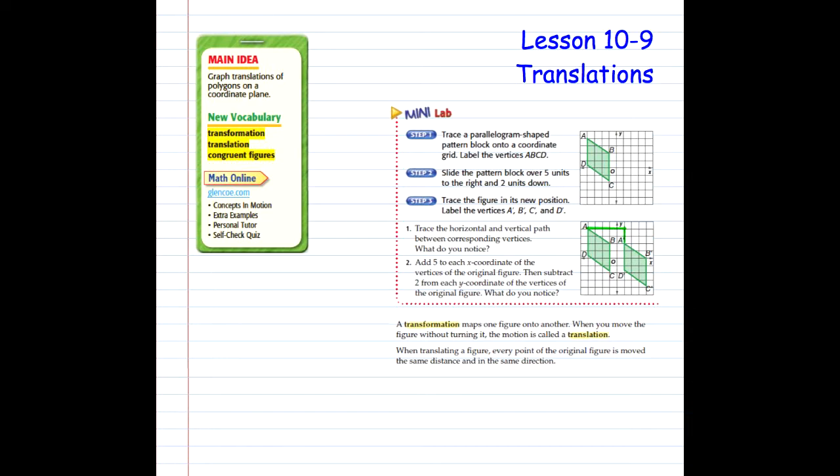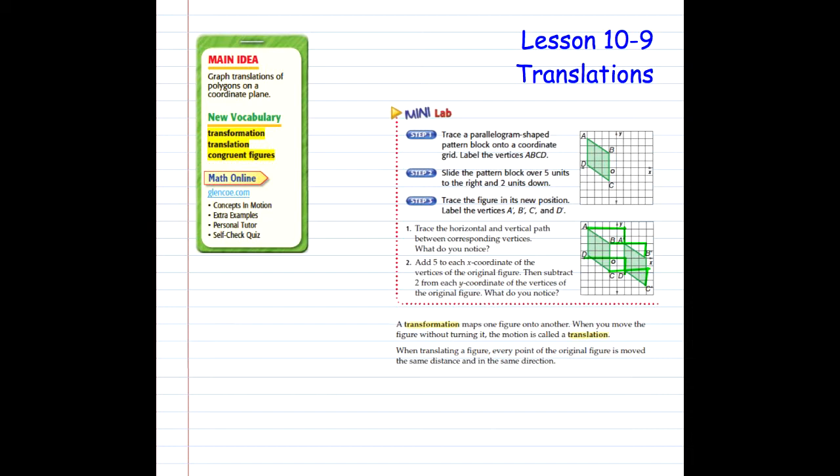B to B', 5 to the right, 2 down. C to C', 5 to the right, 2 down. D to D', 5 to the right, 2 down. So every point moves the same direction and the same distance. Right 5, down 2. Now if I add 5 to each x-coordinate of the vertices of the original figure and